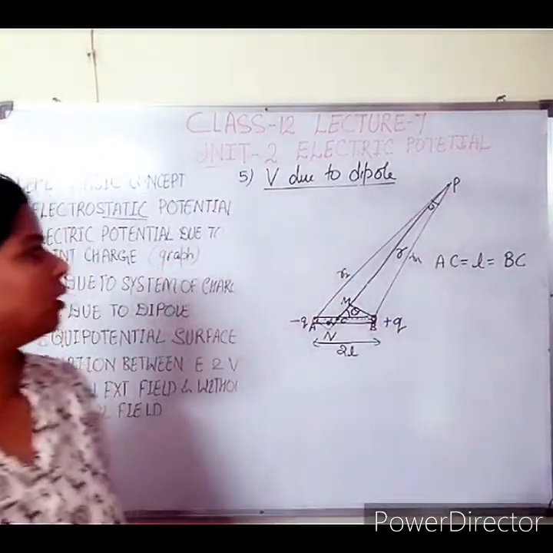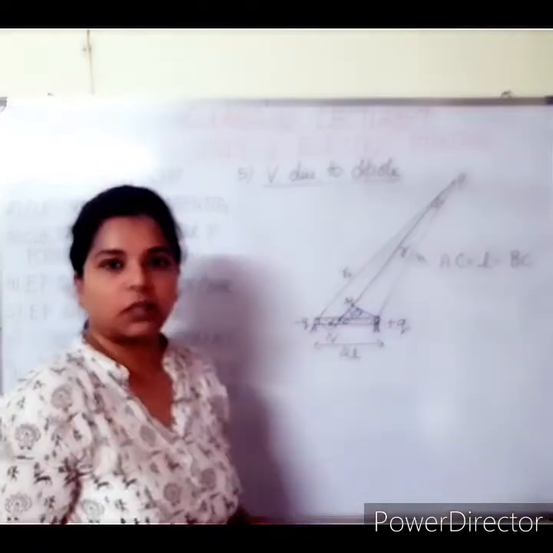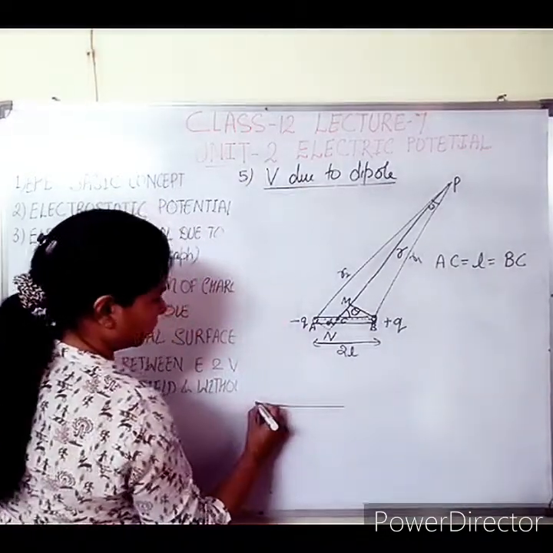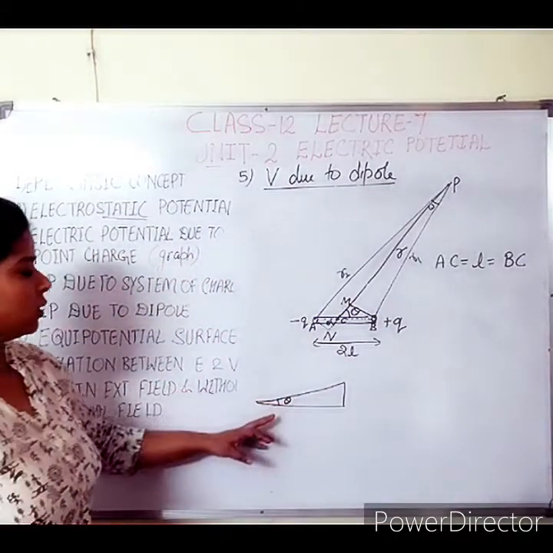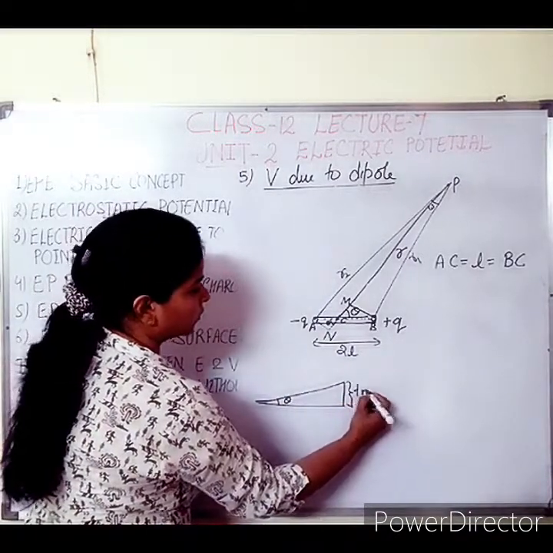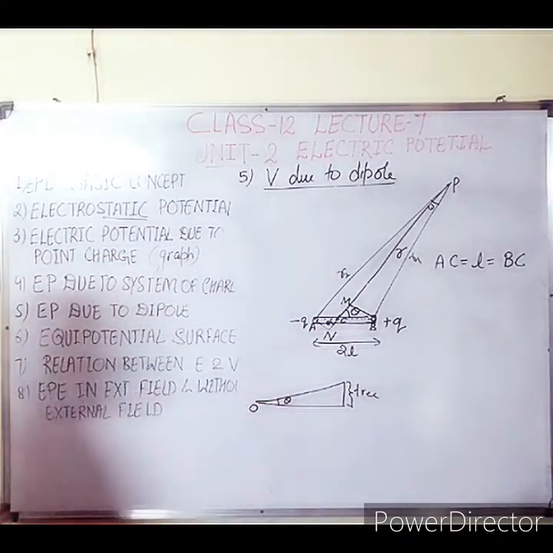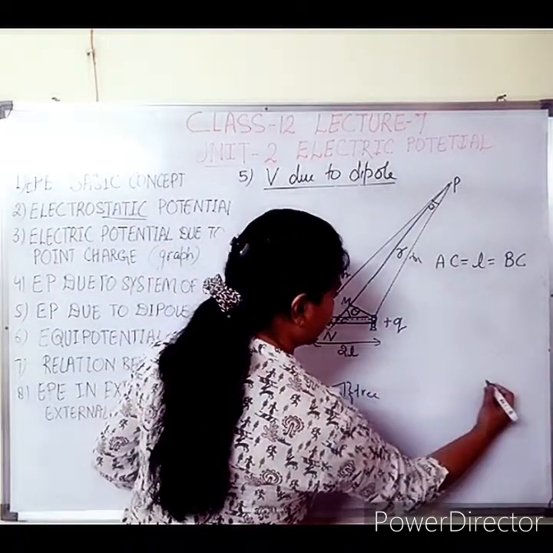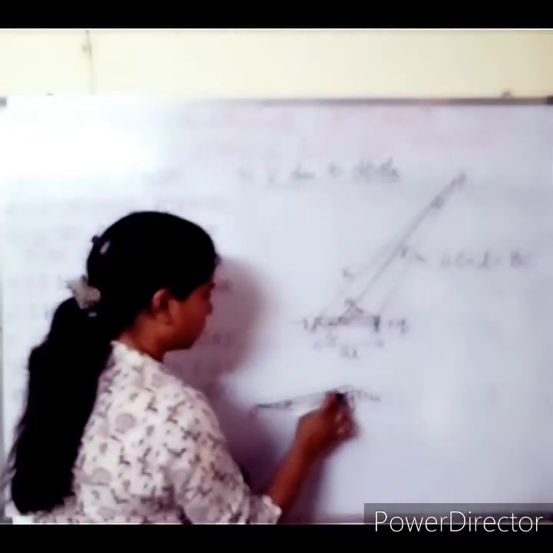You can take this omega. Omega will be smaller if the point is situated very far from the dipole position. You can consider this case here. This is angle theta, because you can see here this one is the tree, let it be a tree. This tree is closer to the point of observation, so the tree is making an angle theta. Now take this tree at a very far point. So how will you draw this theta? Again very small, even smaller.